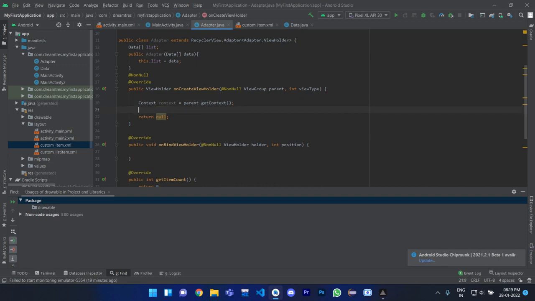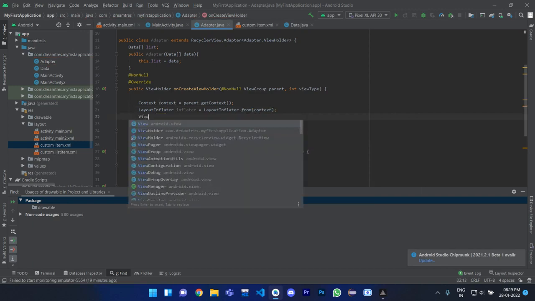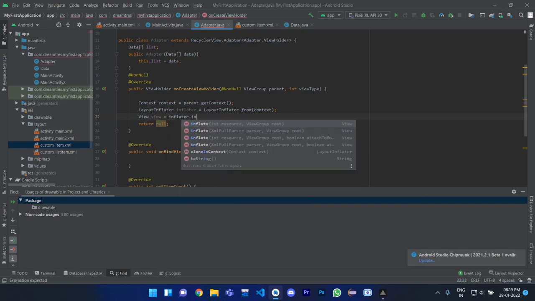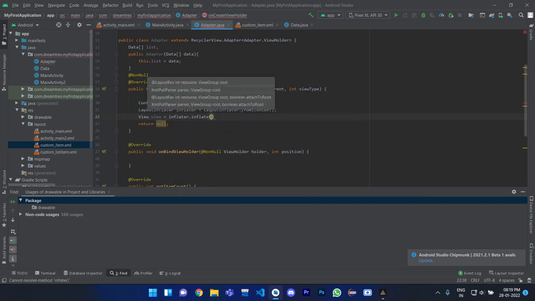Then we will need to create one layout inflater equal to LayoutInflater dot from, and we need to pass context. Then we need to create one view equal to inflater dot inflate, and we need to pass